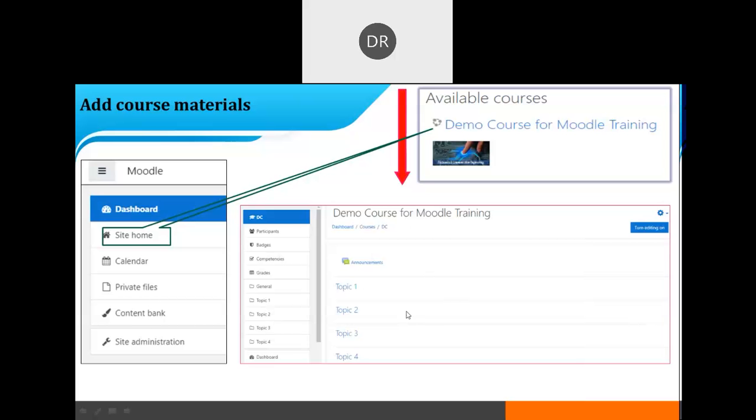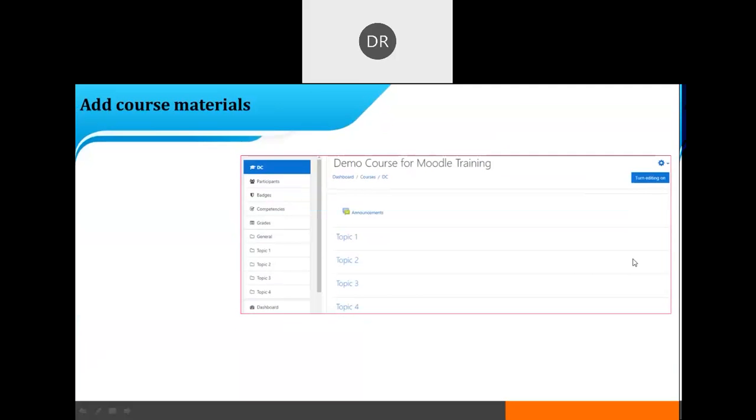Now, how to add the contents of your course? This is by default. It is created like topic 1, topic 2, topic 3, topic 4. Now you have to add the contents of your course, which may be available in your laptop or PC, into this site. So how to do this? First of all, see the right side, there is a gear icon. If you click on this gear icon, you will find different tabs: edit settings, course completion, filter, and all this. We will see what is the backup and the meaning of restore also afterwards.